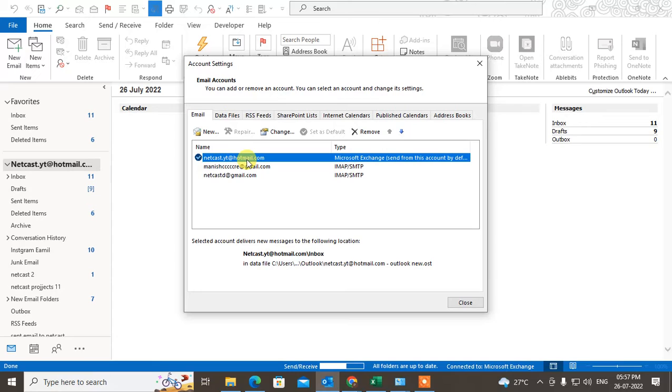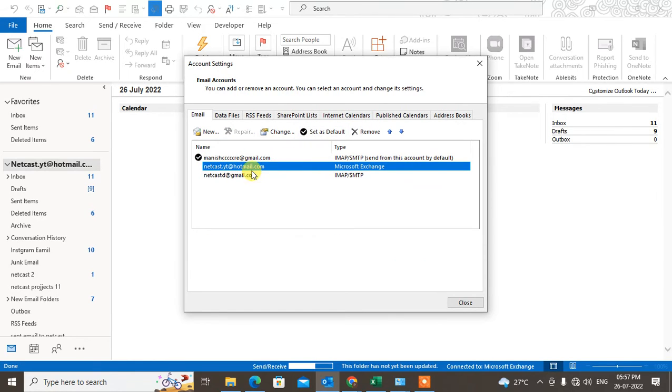This is my primary account. You can't delete your primary account. If you want to delete the primary account, you have to change the primary account first, and then you can delete. But if you have only one email ID, you can delete. But if you have multiple email IDs, you can select the email ID which you want to delete and just